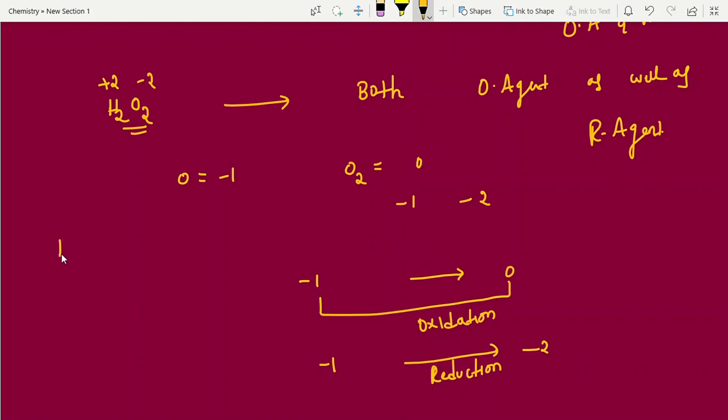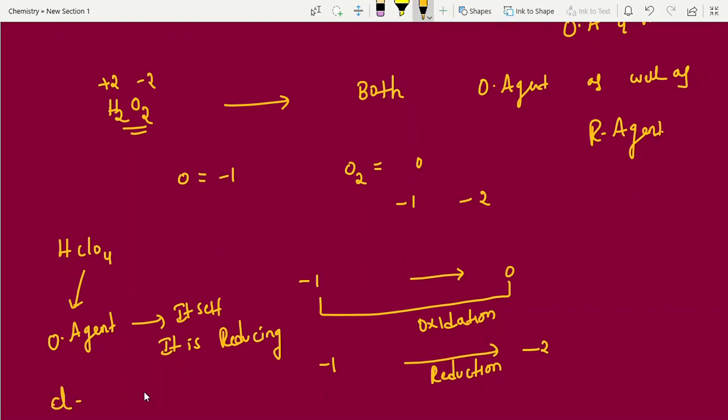Just now we have taken one example, HClO4. It acts as only oxidizing agent. What is the reason? Oxidizing agent is nothing but itself it is reducing, right or not? Reducing is possible. What are the possible oxidation states of chlorine? -1, +1, +3, +5, +7. Right. Oxidation state videos also have been done in periodic classification part 3. You can go through it. +7. Clear point, students? Here +7 is the highest oxidation state. Here chlorine is in the highest oxidation state. Further, +8, it is not possible.